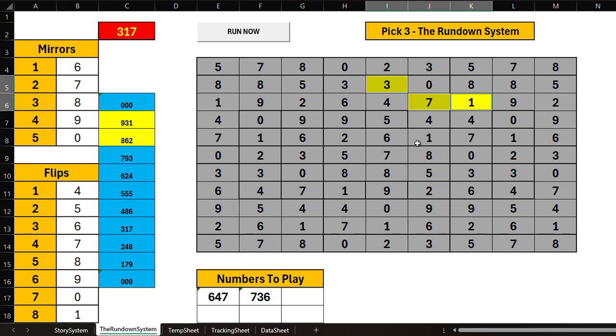There should be another one coming down. The other 317 is down here, which should be right here. 317. Okay, so we're going to use both of these between this